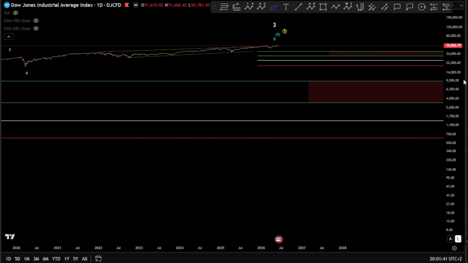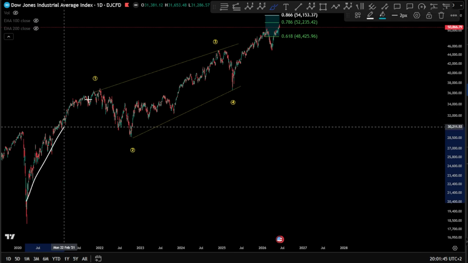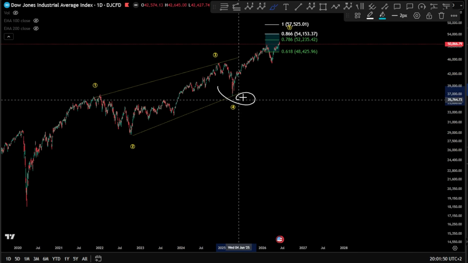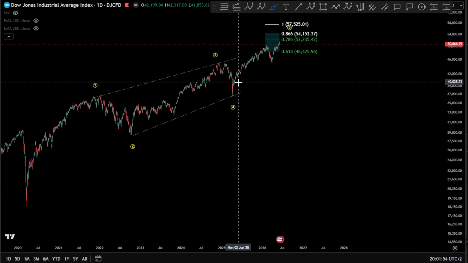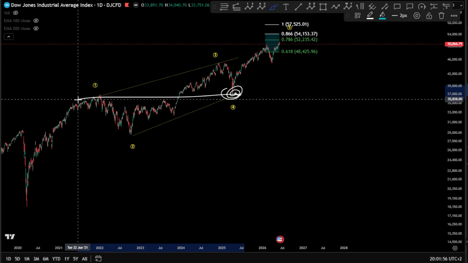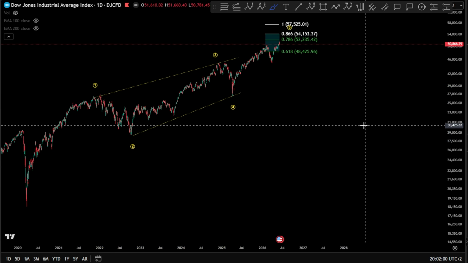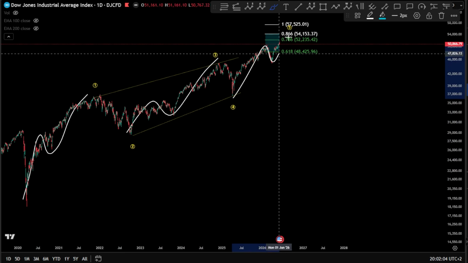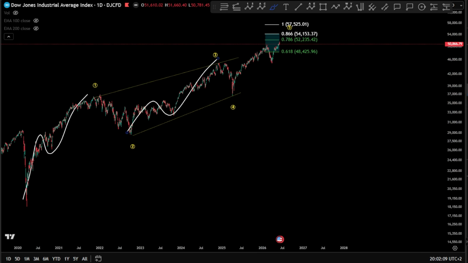Now if we dive inside it, we can see as well on the daily we are very likely in an ending diagonal 1, 2, 3, 4, 5, and that means of course we are finishing this wave 3, the large wave 3 that we saw on the all-time history. Your wave 4 interfered with the zone 1, and that's why it supports the ending diagonal much more, and you have a zigzag here very likely finished in our blue box, perfect targets as well for Dow Jones